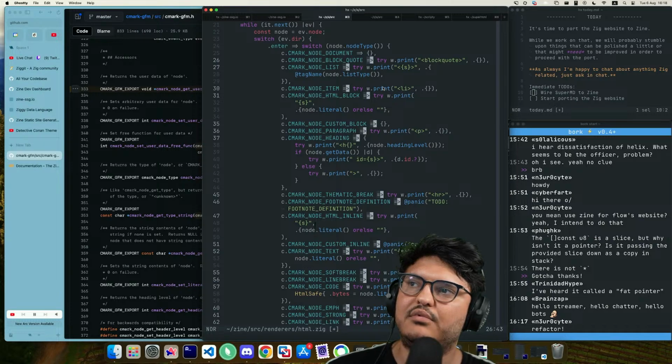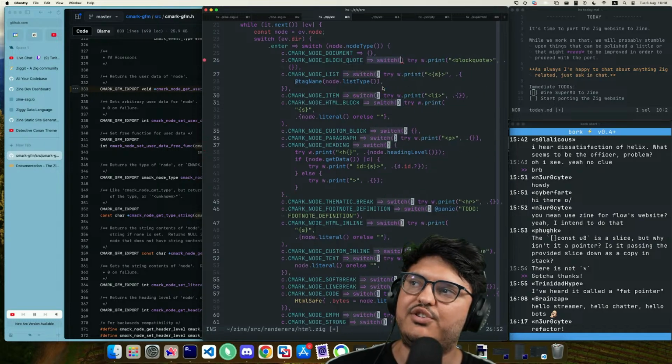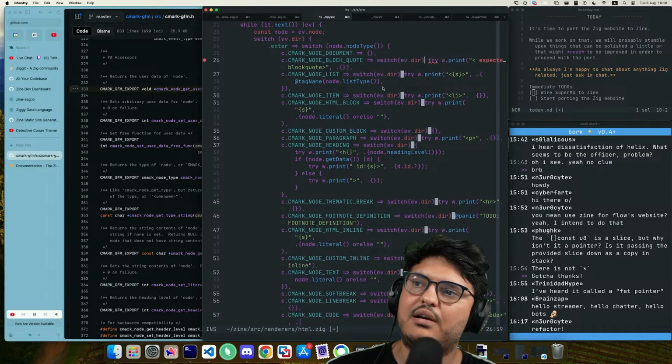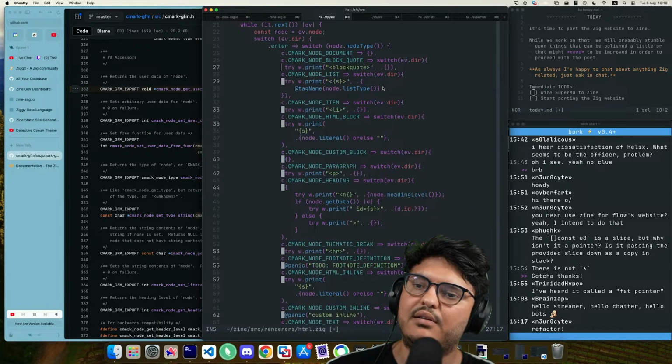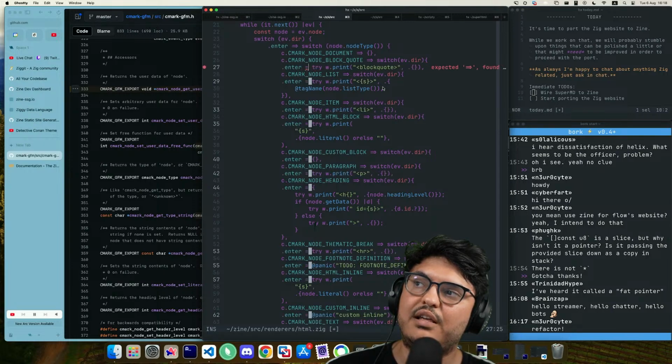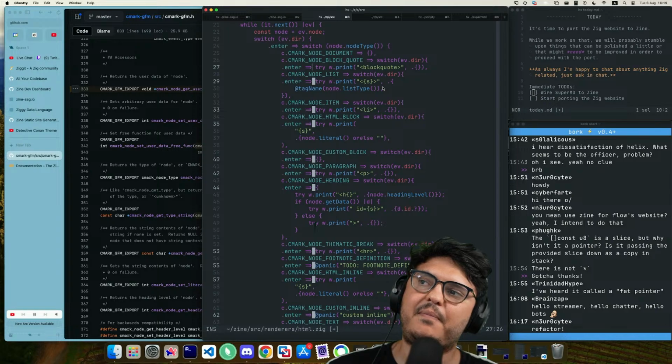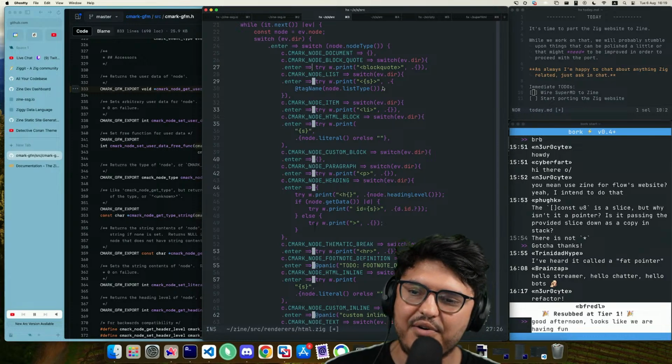Okay, I'm centered on the arrow. I want to append switch over ev.dir, exit the parentheses, open the curly, move forward, delete the closing curly, go on a new line, dot enter equals, well, no, dot enter arrow, dot enter arrow, and that, and then,